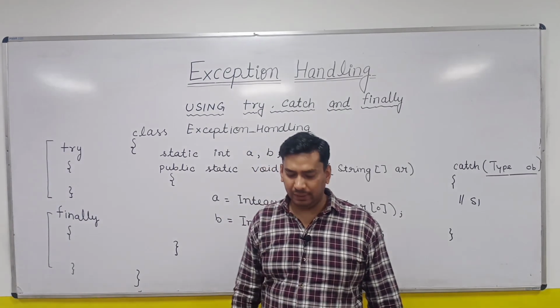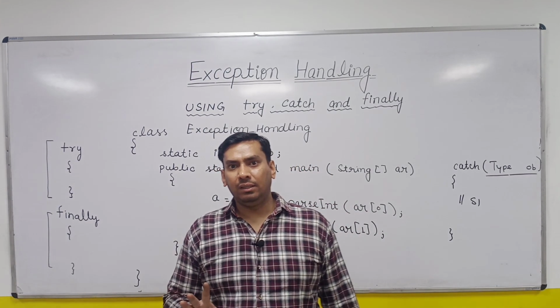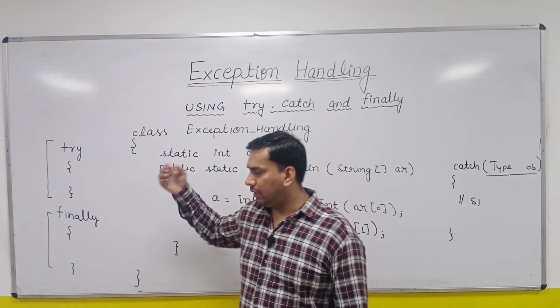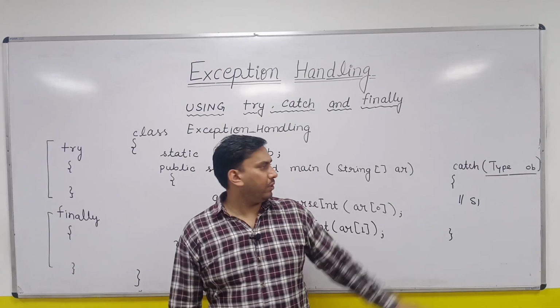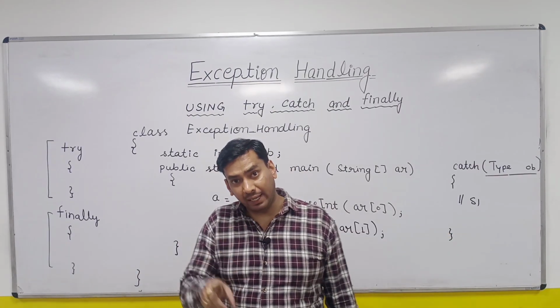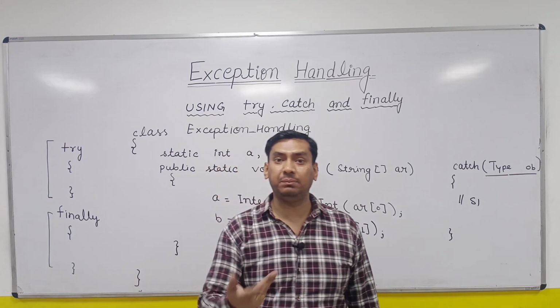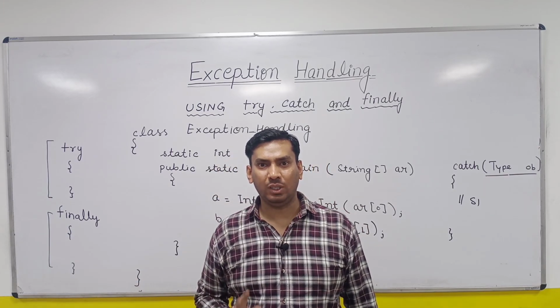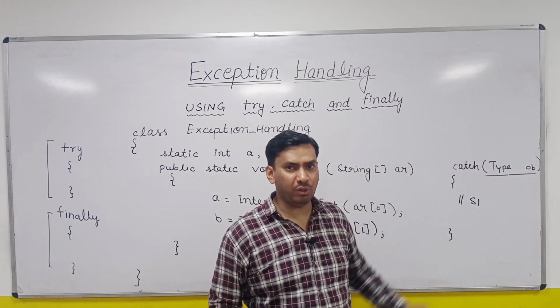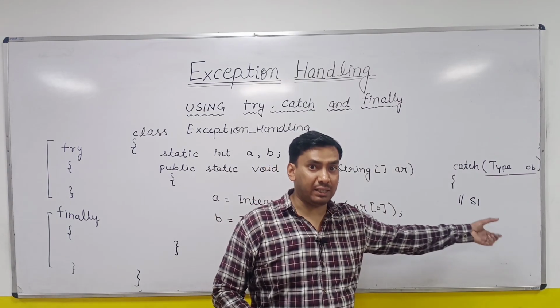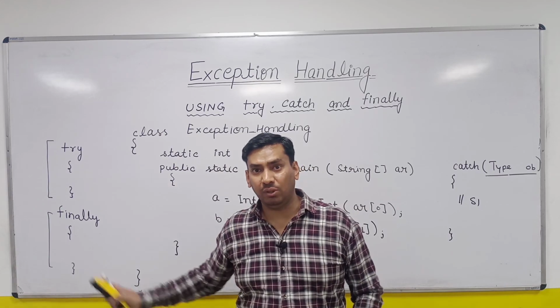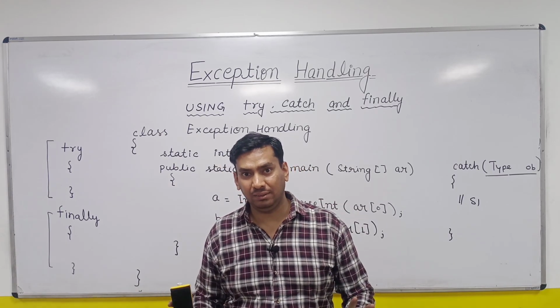But the important point, let's say there is some code written in the finally block or catch block. So again in that block also an exception is possible. If you are writing some code in the catch block, it doesn't mean no exception will occur further in the catch block or finally block. That is also possible here, right?